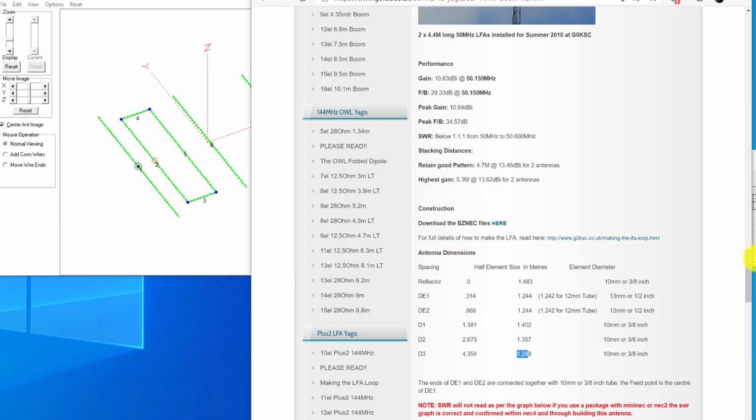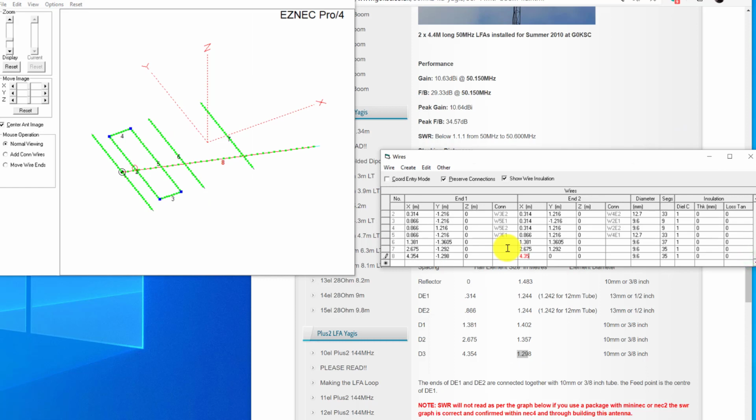Okay, 4, and then 1.298. That gives us that. The elements are the same. We'll leave the segmentation the same at the moment. So now when we do that, it's now jumped, and we've got the extra element on there. So all we need to do now is go back to the other elements and change those to the sizes. These are the half element lengths, so that one's got to be down to 3,